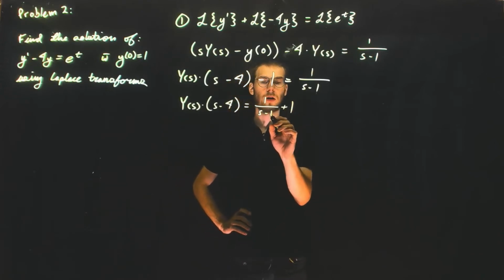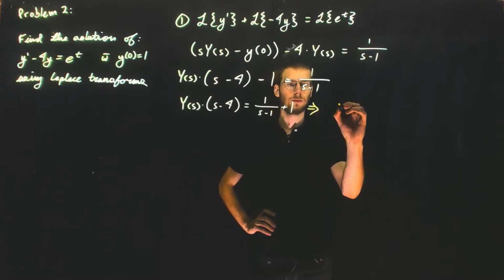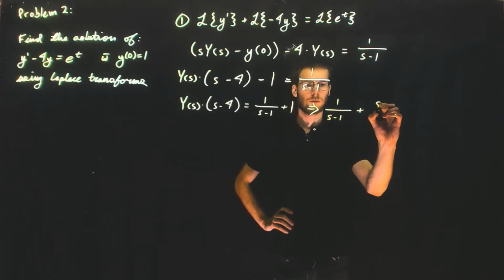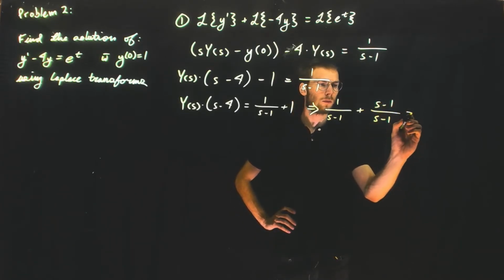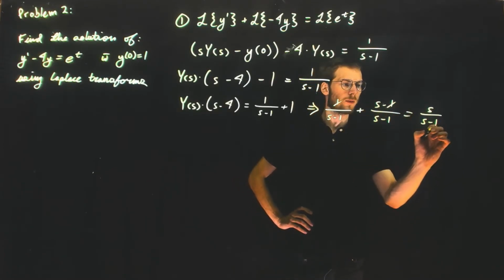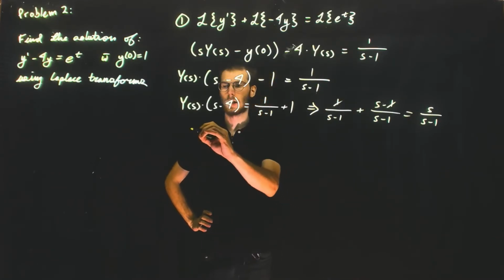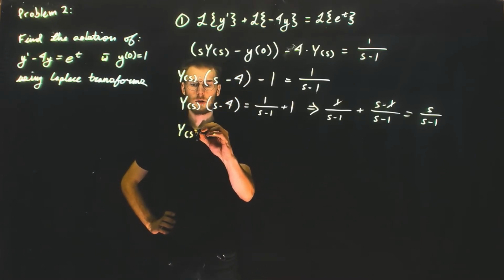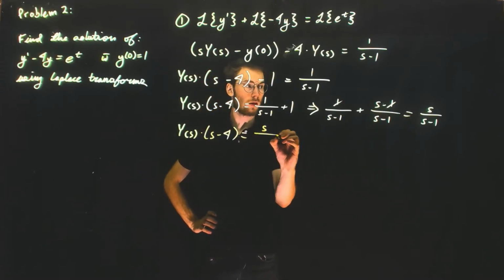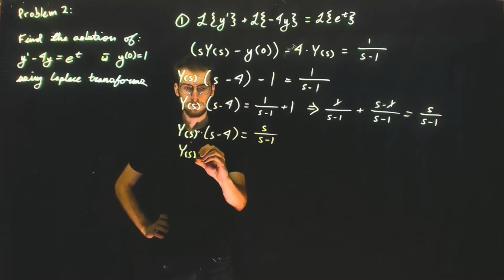And here we can find our common denominator to amalgamate this into one term. And you see the ones cancel, and you're left with s over s minus 1. So now what we want to do is, after simplifying this term, we're left with this. And what we want to do now is isolate y of s, and we'll be left with